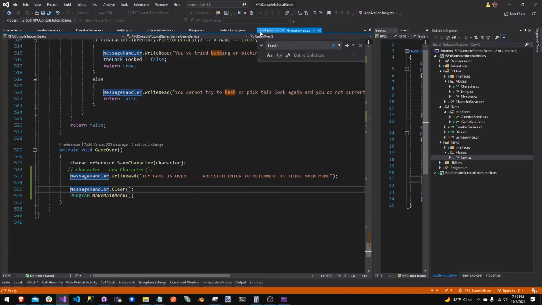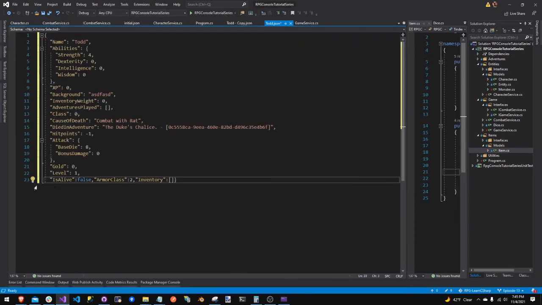So if you were to go to, let's see, right here, is alive false. So loop through all the people in the characters folder. If is alive equals false, then maybe list them out. List a lot of details out. Grab all this stuff. Say this was here lies name,